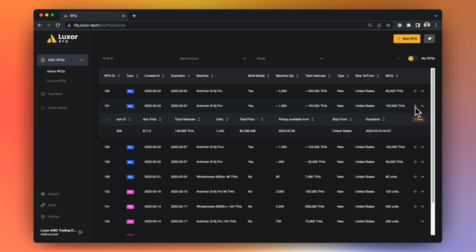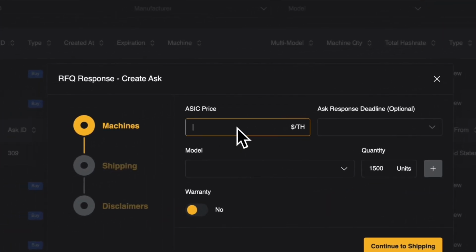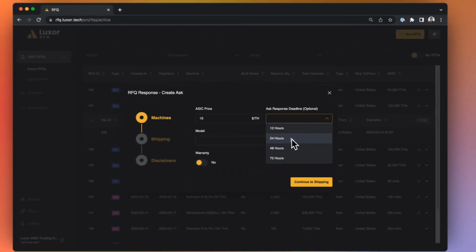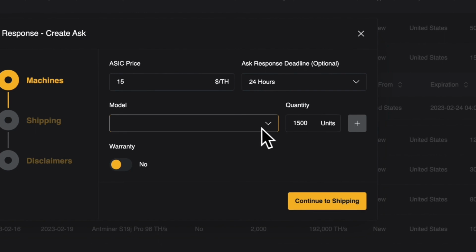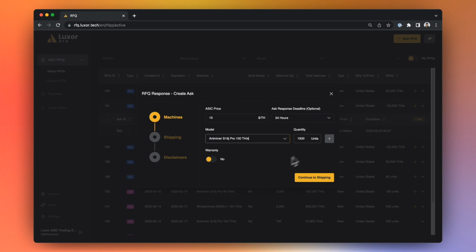To submit a competitive ask to this one to buy RFQ, it's relatively straightforward. The first thing you do is go to this plus button here on the right, and you submit your price at which you're willing to sell to this buyer. In our case, we're going to do $50 per terahash. We're going to say that our response has to be either confirmed or rejected in the next 24 hours, otherwise our price expires. We are going to submit all J Pros 100 terahash for a total of 1500 units, and